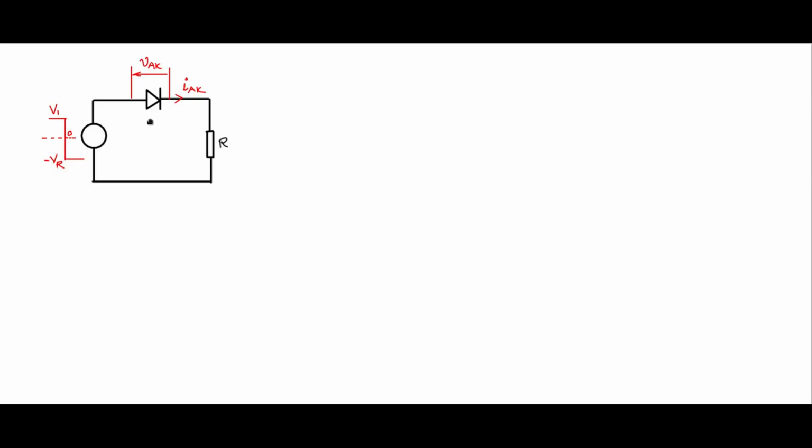The static characteristic and the dynamic characteristic give a good idea on the operation of the diode, and from these static and dynamic characteristics we should be able to obtain the power loss within this device, within the diode. So let us discuss now how we obtain the power loss within the diode.